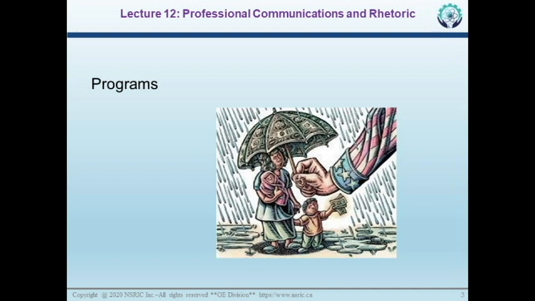Now, when developing the program section of a business plan, it's always important to have a clear understanding of the needs of the community that the organization will serve. And so a needs assessment is a valuable tool in determining the types of programs and services that will be most effective. A needs assessment can be conducted through surveys, focus groups, or community meetings. And once the needs of the community have been identified, the program section should detail the specific programs and services that the organization will offer.